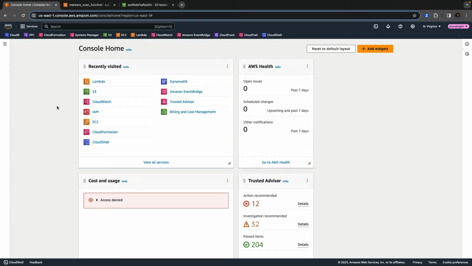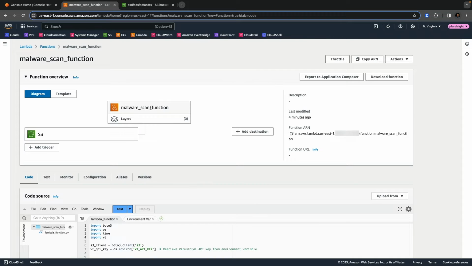Okay, hello everyone. Welcome to the AWS console. Let's get started with our demonstration of creating our very own Lambda layer for us to use. Before we begin, I just want to go over two primary components of the infrastructure that I've already created. The first is the Lambda function itself, malware scan function. And like I talked about in the introduction video, this function is going to take a file that gets put into our S3 bucket, and it's going to scan it for any malware using the VirusTotal website,